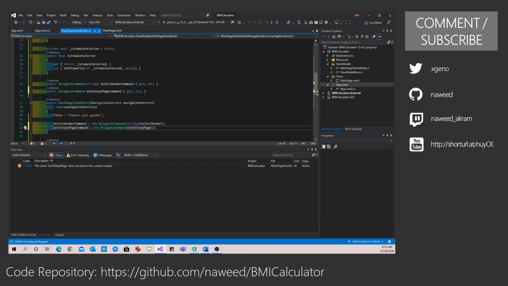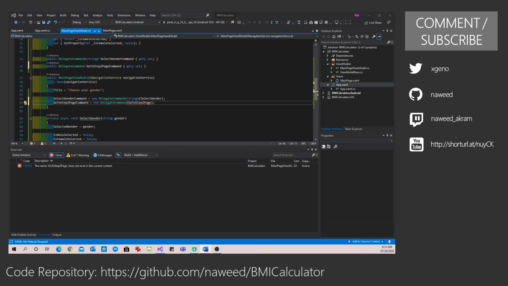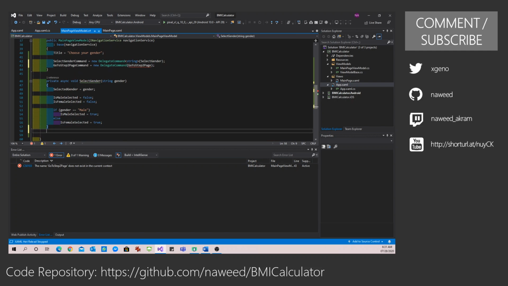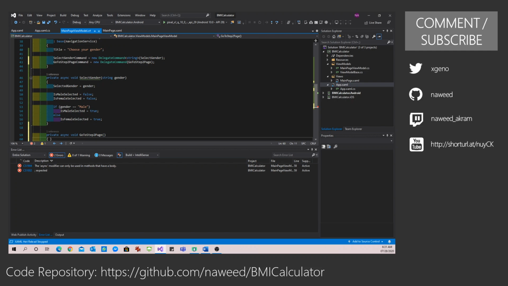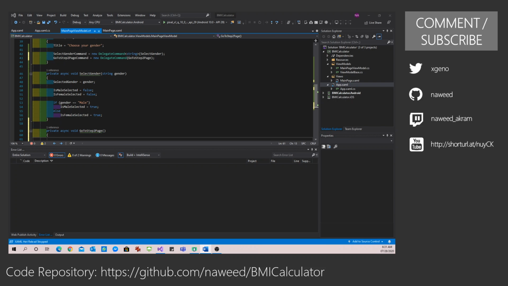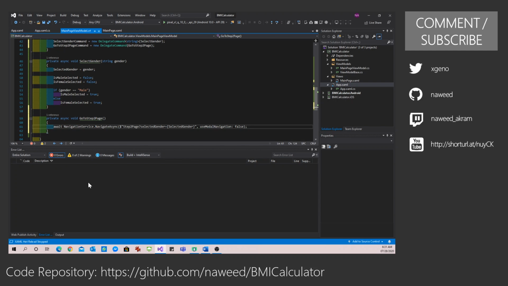This is the function that gets called, and this function is very simple. Let me define this function. In this function, all we want to do is we just want to navigate to page 2.